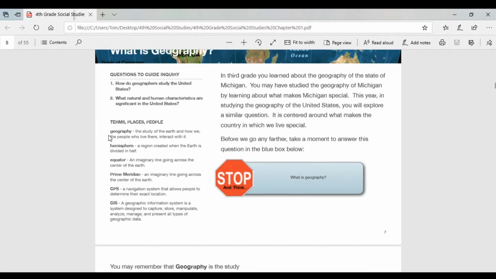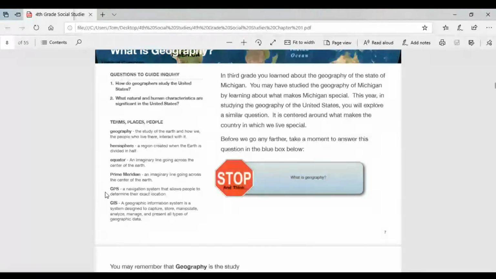So over here on the left side, it says geography, the study of the earth and how we, the people who live there, interact with it. Hemisphere, a region created when the earth is divided in half. Equator, an imaginary line going across the center of the earth. Prime meridian, an imaginary line going across the center of the earth.